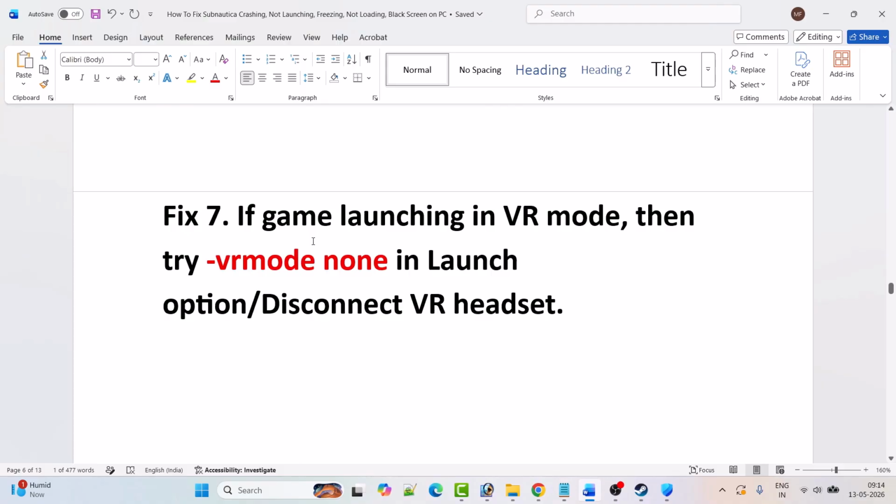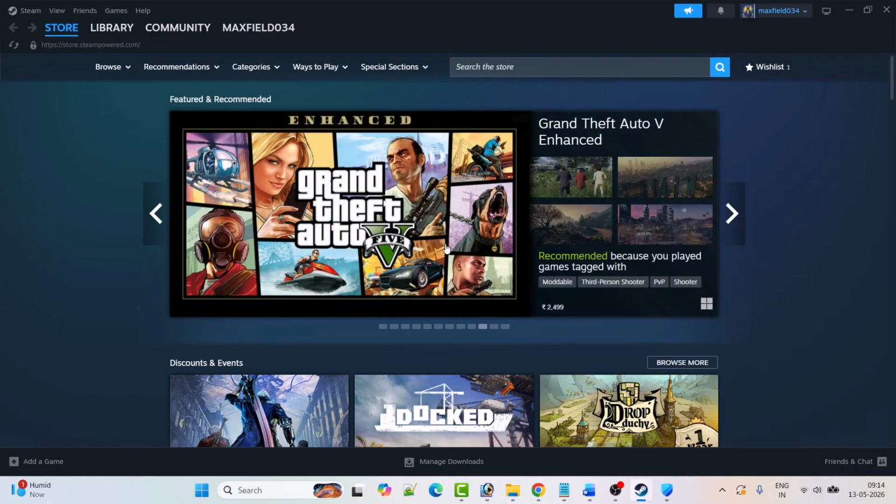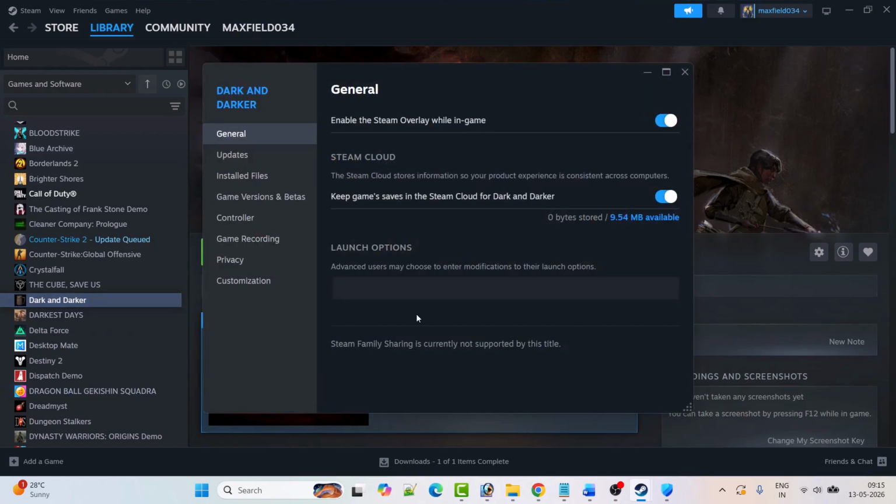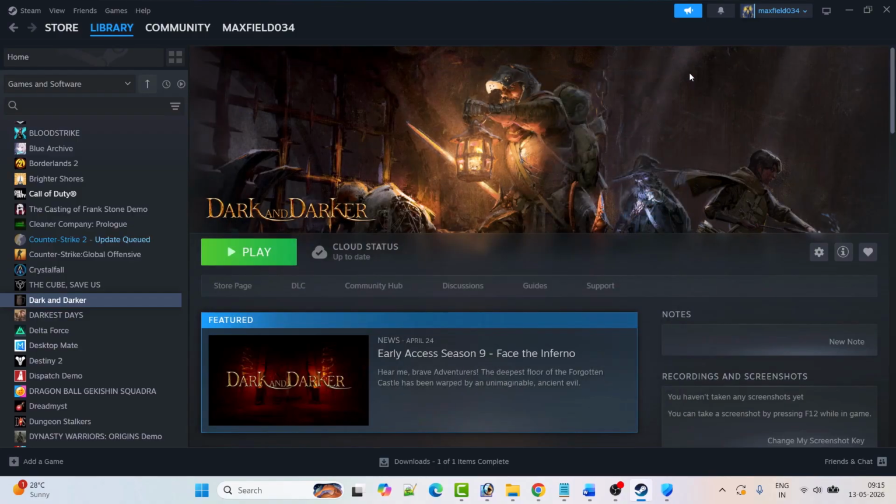Now if the game is launching in VR mode, then try -vrmode none in launch options. So open Steam, go to library, right click on Subnautica game. This is just an example I am showing with another game. Select properties. Now in the launch options, type -vrmode none, then close the tab and then launch the Subnautica game